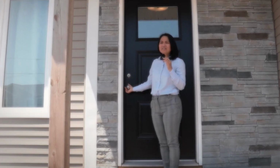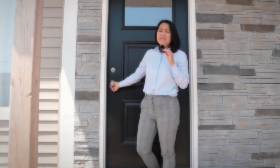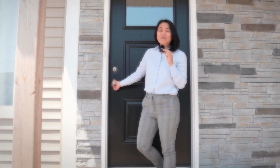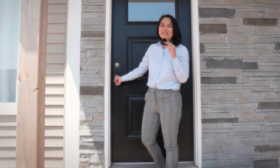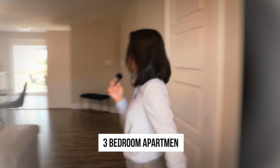It was built less than 5 years ago. This is brand new, and therefore the reason for the cost. But for the cost, I will give you the information as we get in. Come on. So this apartment was built in 2022. It's a 3-bedroom apartment. Come in. And as we enter,